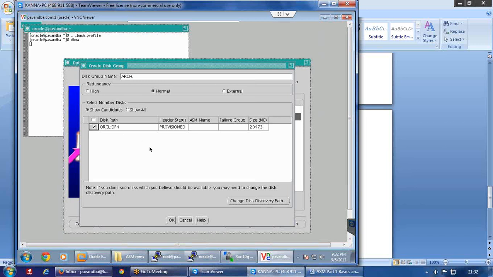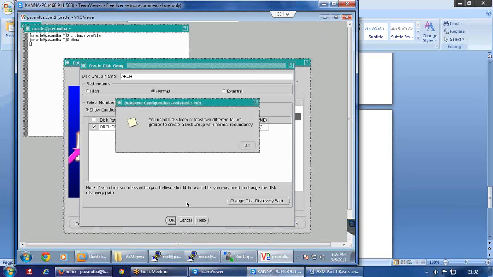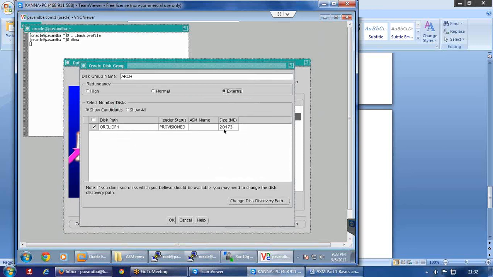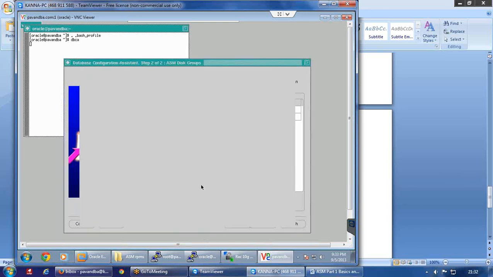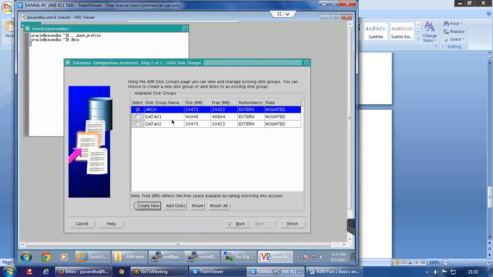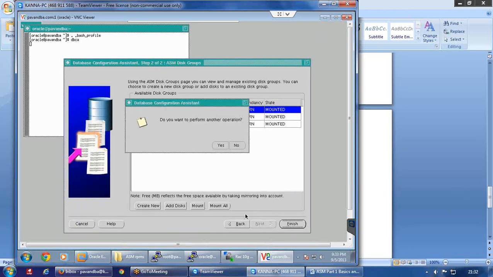And I am creating one more disk group with the name arc, where I want to store my archive files, and for that again I am adding one more disk. Okay, sorry, I need to select this one. So now we have totally 3 groups, and the moment we say finish, it will ask you